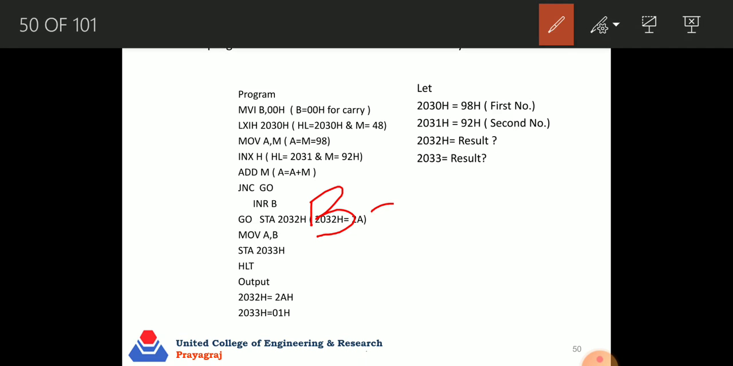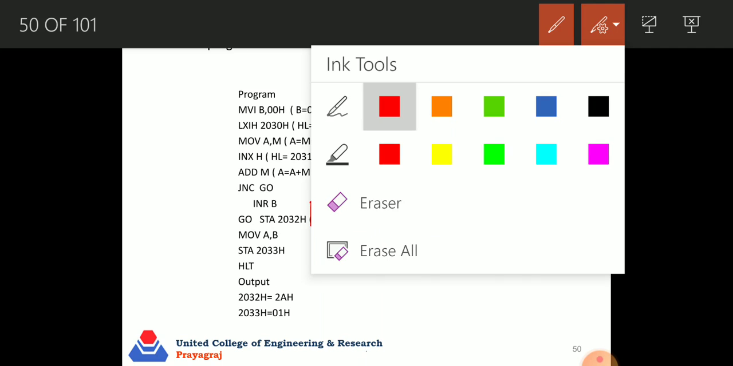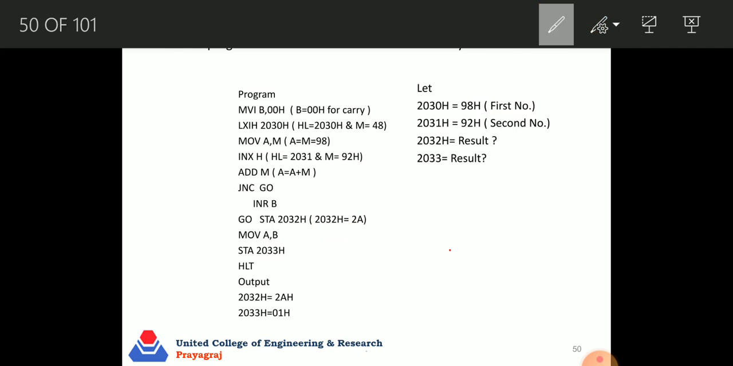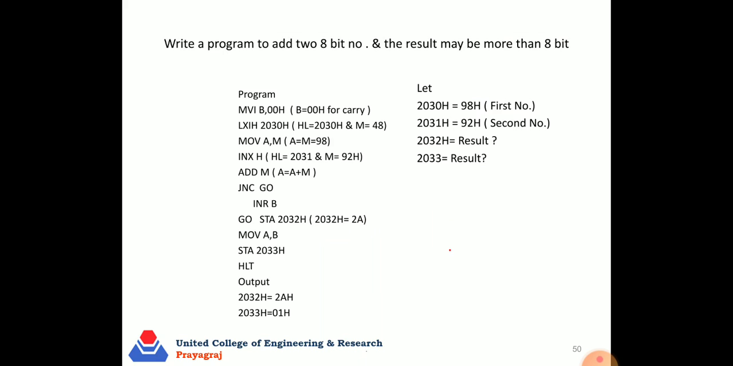B becomes 01 in this case. Okay, now the result will store in accumulator. And what is the result? Result is 2A. If we are adding two numbers, so the result is actually